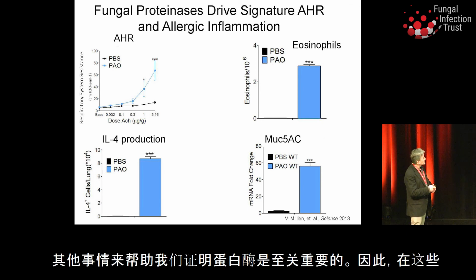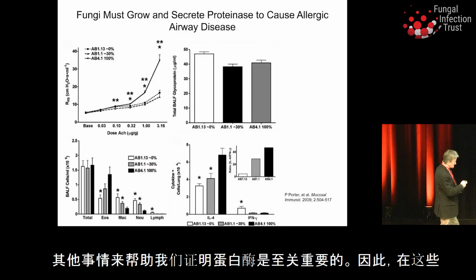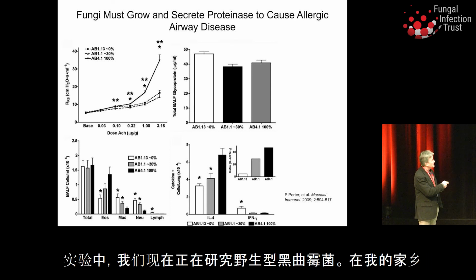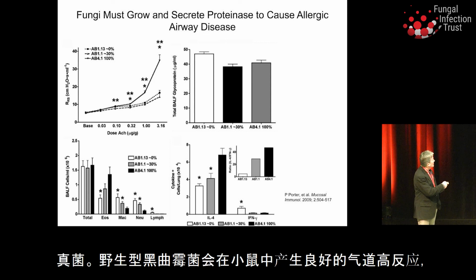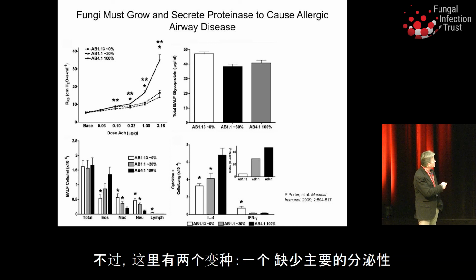We can do other things to prove that, in fact, that protease is essential. So in these experiments, we're looking at wild-type Aspergillus niger now. Niger is the most common fungus in the homes of children that have asthma in the Houston area where I'm from. Wild-type Aspergillus niger gives excellent airway hyperactivity in mice, but these two variants here, one is missing the major